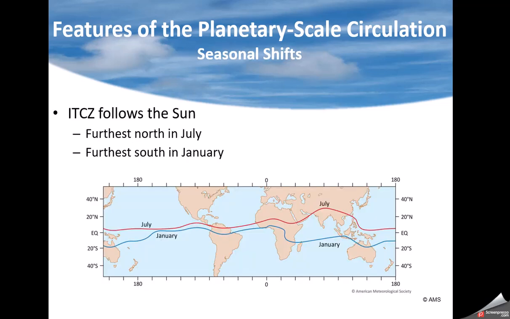Intertropical convergence zone. Basically, it is going to form where the air temperature is the hottest. The air temperature causes the density to be the lowest. That is where an area of low pressure is going to tend to be. Air is going to want to flow into that low pressure, as we know. So what happens? Well, in July, our summer means the sun is fairly far north. What you get over the oceans is, it doesn't move a whole lot. Remember, it takes a lot of heat to warm up the ocean. So the intertropical convergence zone moves a little bit north in the summer, a little bit south in the winter